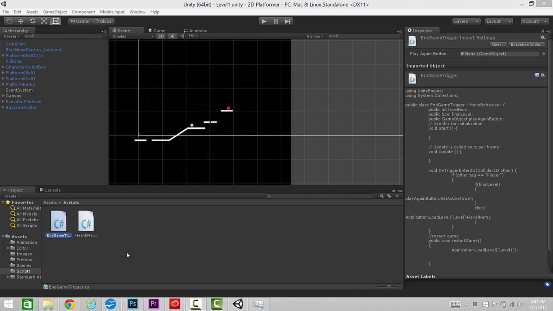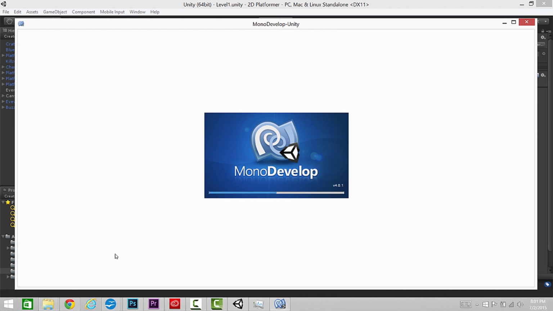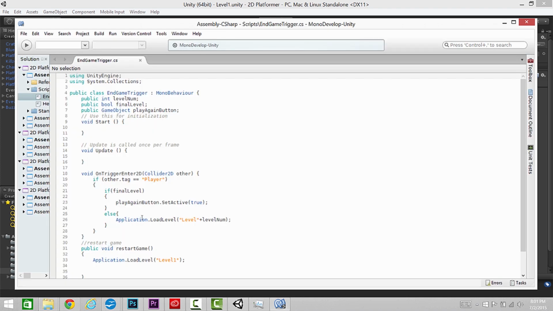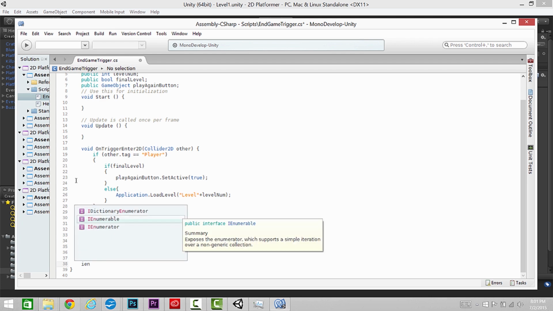In order to do that, we're going to use a coroutine. So I'm going to go ahead and open up our end game trigger script right here. Let that launch. Okay, and now we're going to put this coroutine here at the bottom, and remember, you don't want to put it after the final curly brace because that's not going to be in the class if you put it down there. So make sure you put it before that, but we can put it after the rest of these functions. So to make a coroutine, we've got to start off with the word enumerator,